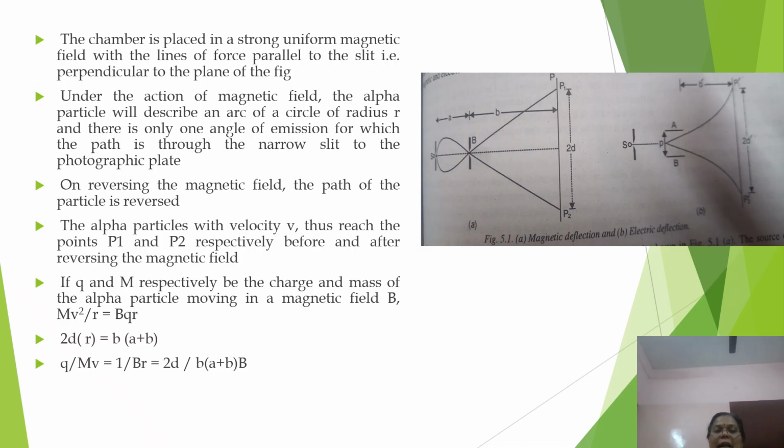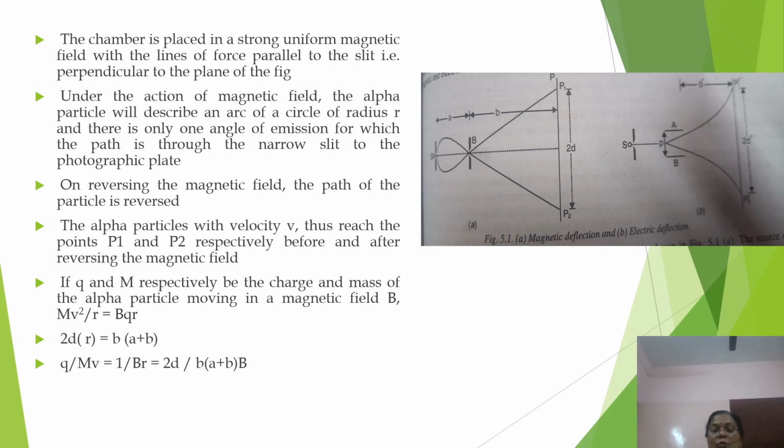Under the action of the magnetic field, the alpha particle will describe an arc of a circle of radius r, represented here in the figure, and there is only one angle of emission for which the path is through the narrow slit to the photographic plate. If the magnetic field is reversed, then the path of the particle is also reversed. The alpha particles with velocity v reach the points called P1 and P2 before and after reversing the magnetic